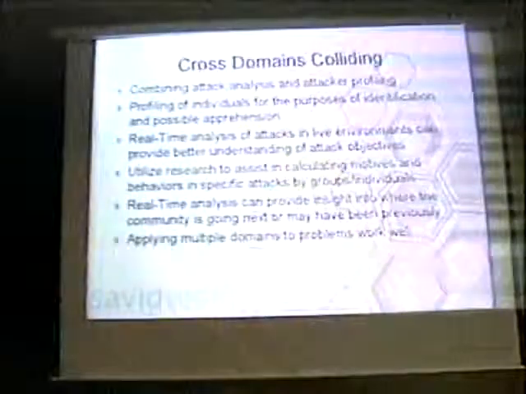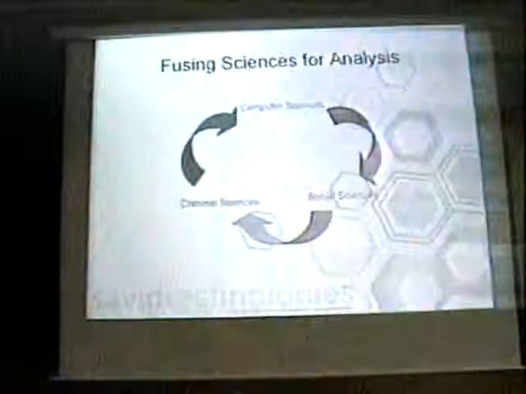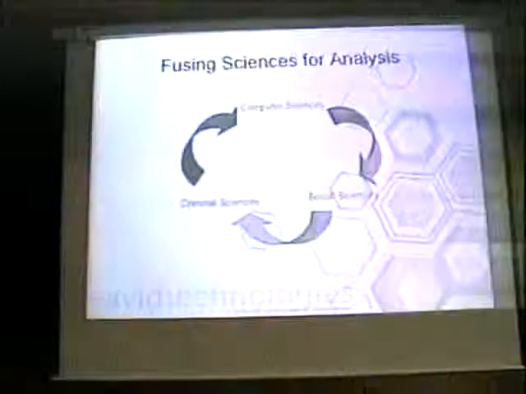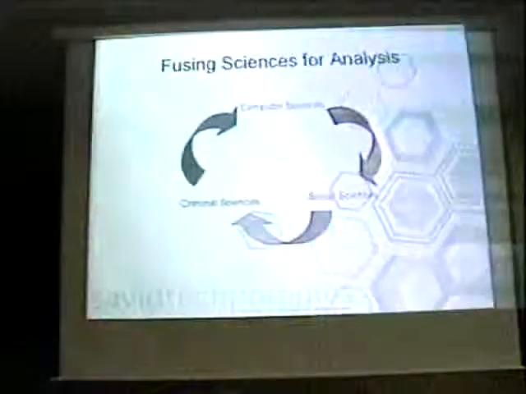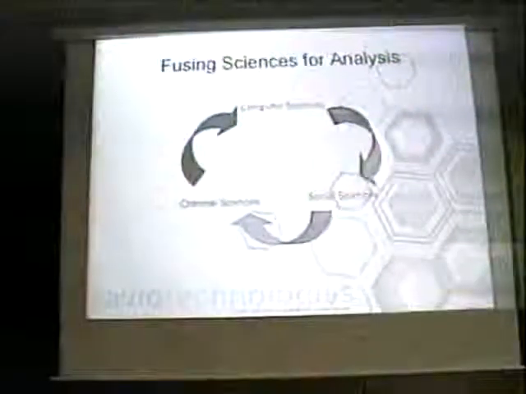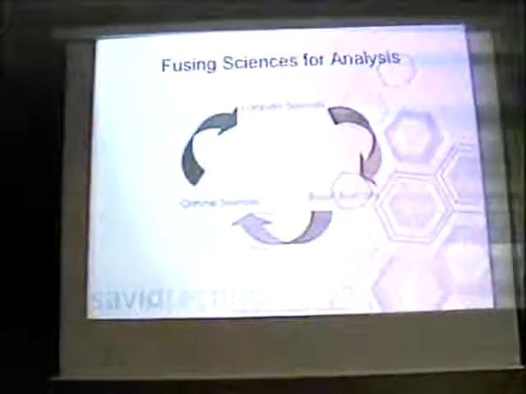And applying these social sciences, criminal sciences, computer sciences all together to make solutions or systems or processes in your security program will help out a lot. It really has for a lot of our customers that we do this for. So this is kind of our tree right here: computer science, social sciences, and criminal sciences. We have a few experts on our staff and consultants that we work with that have done some work to build a lot of processes, forums, data flow, frameworks. But we're actually working on building some actual applications that you can put data in, and on the other end you get a nice little report of who done it.